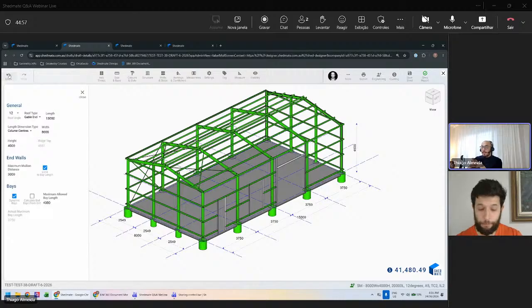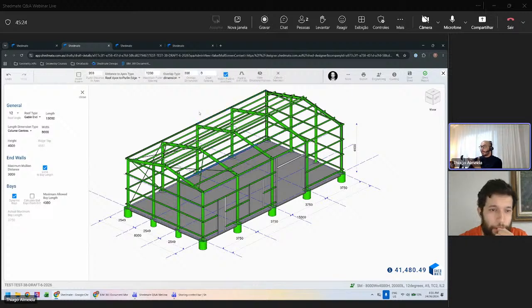And those things can be tricky because, of course, you're going to have more work on site, or more work in the workshop, or more work in other places if you change those things around. People use Zs or Cs for girts and purlins for one reason, and people also use top hats for other reasons. So in Shedmate, you have all that flexibility at your fingertips as well, because you can come in here